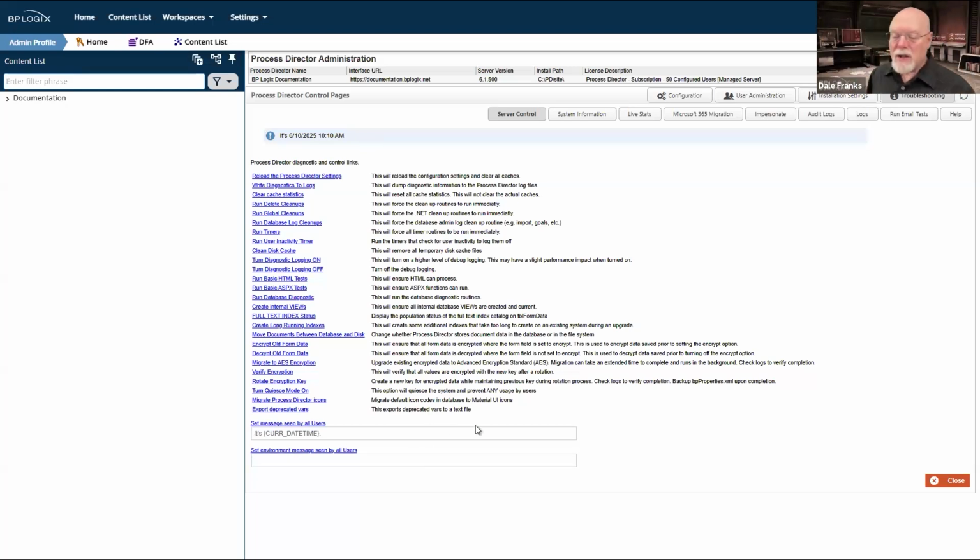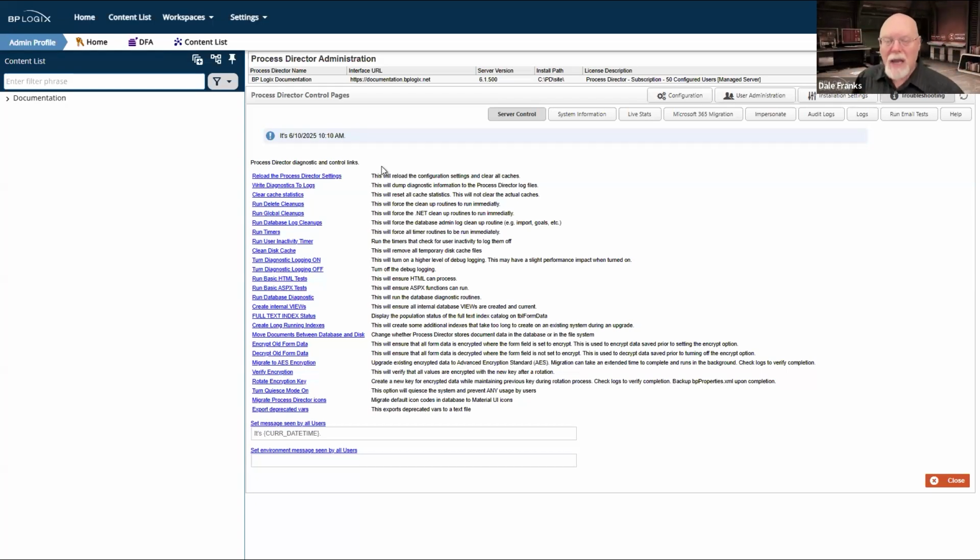So these two properties, which are on the server control page in the troubleshooting section of IT admin, they now parse system variables so that you can use system variables. This actually happened because we did have a user who wanted to show a message and they wanted to use a system variable.